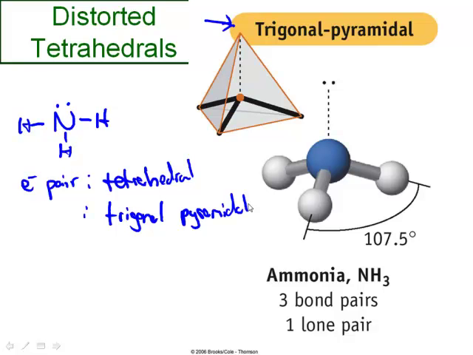Tetrahedral arrangement of electrons. So if you just look at the sticks here, if I look at how these are arranged, it's a tetrahedral arrangement of the electrons. But you see there's not an atom up here that's bonded. So if I look at the arrangement of the atoms, which is what molecular geometry is, yeah, basically. Does that make sense, guys? So why is the